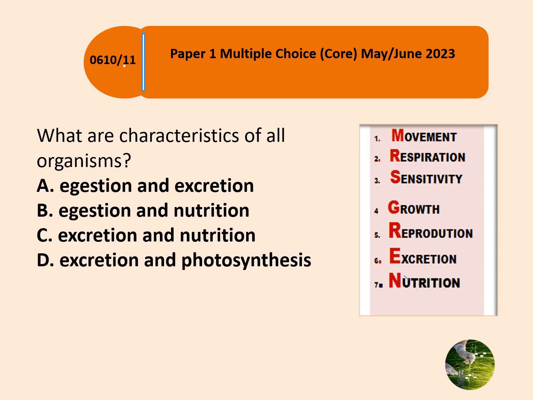Egestion, as I said earlier, is removal of undigested matter, so it is not a life process. Egestion and excretion, no. Egestion and nutrition, no. And then excretion and nutrition. So you have in this acronym Mrs Gren,